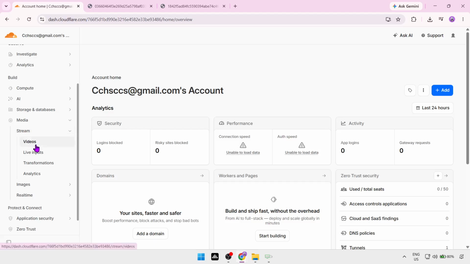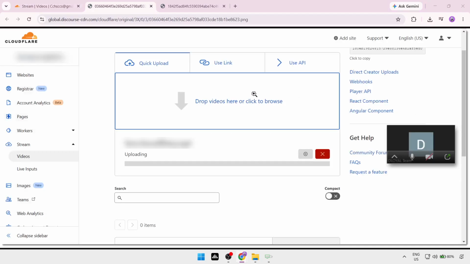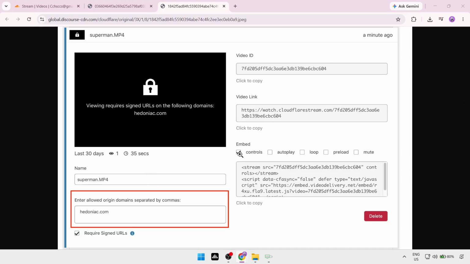Upload your video files directly from your computer or through the API. Cloudflare automatically encodes your videos into multiple formats and resolutions for smooth playback across different devices and network conditions. Once processing is complete, you can embed the video player on your website, share the video link, and manage playback